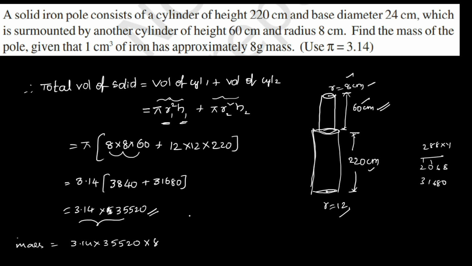Okay, now approximate answer we will get; I think we have to do multiplication here. So multiplication you can do. So you will get 31.4 into 3552 into 8. Okay, so approximately this 0 multiplied here, 3.14 became 31.4. So we can do pure multiplication. I am leaving the multiplication to you, and the answer will be